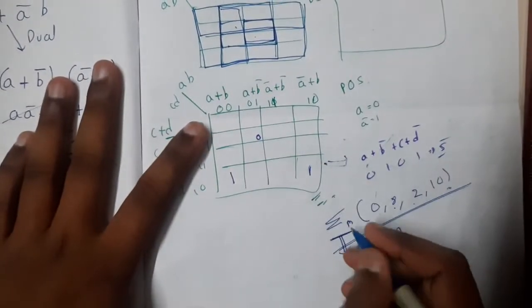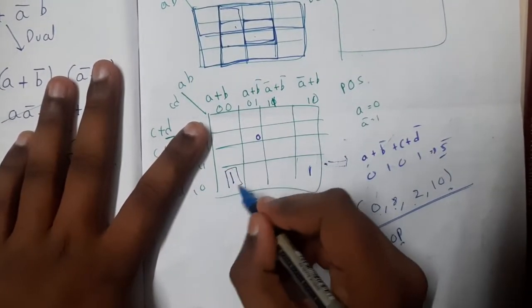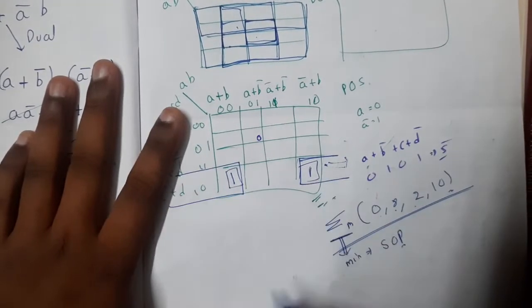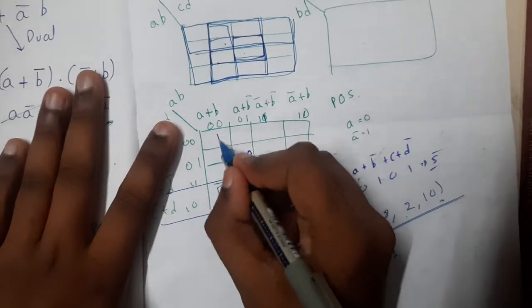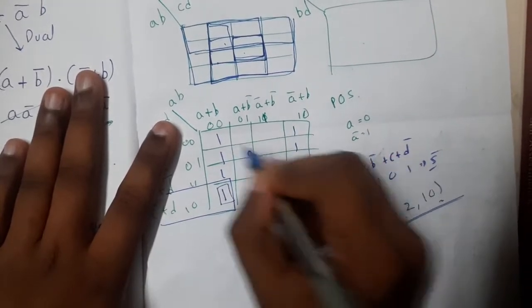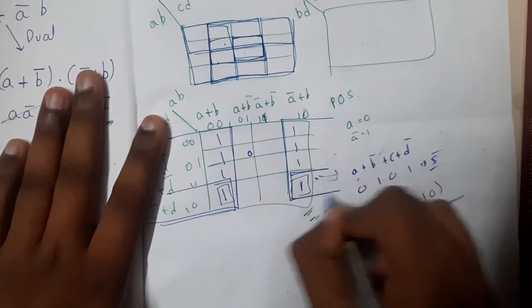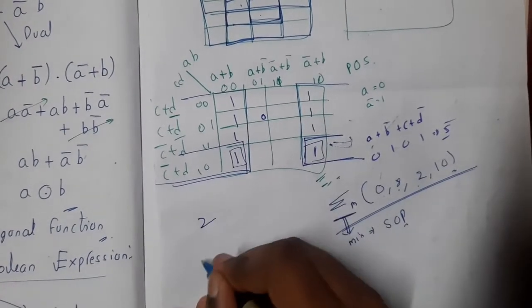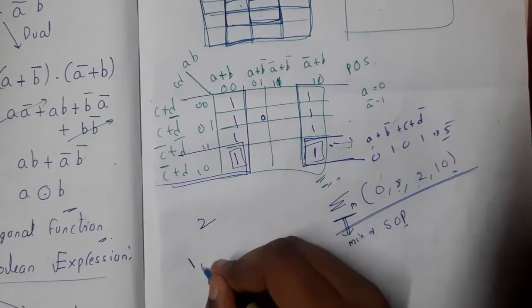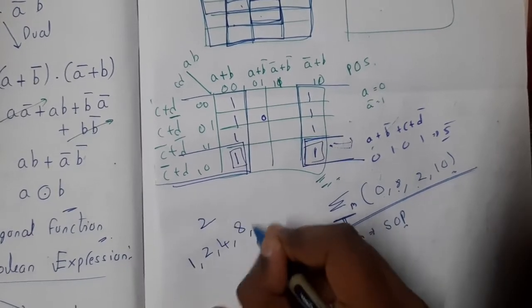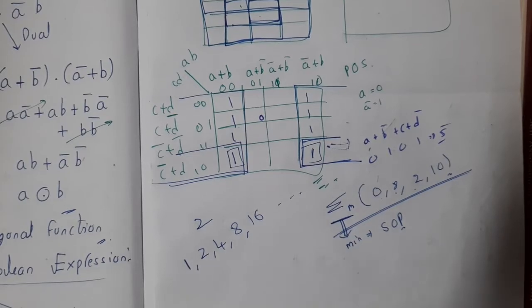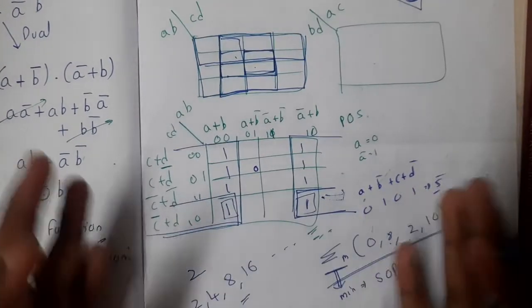So if the one is there, one is there, few students will be thinking, okay, this is solo and this is solo, but they are wrong. These two can be combined in this way. Similarly, if there are 4 elements here and 4 elements here, you can combine in this way, 8 elements. And remember, every combination will be in 2 power only. So there might be 1, that is 2 power 0, 2, 4, 8, 16 and more. Now you got some basic idea.